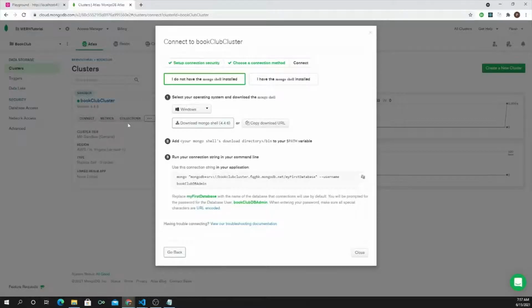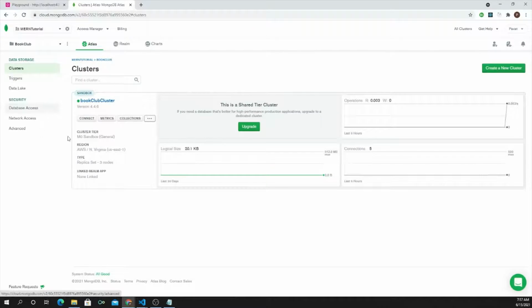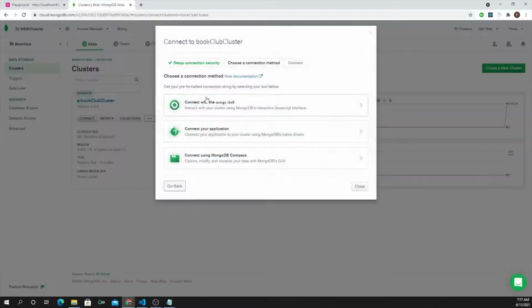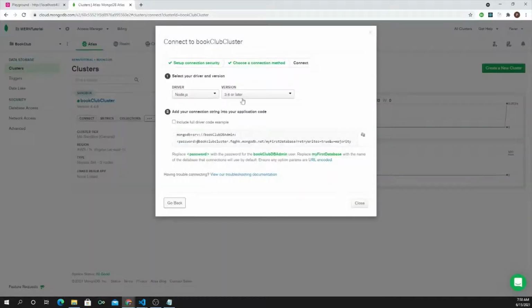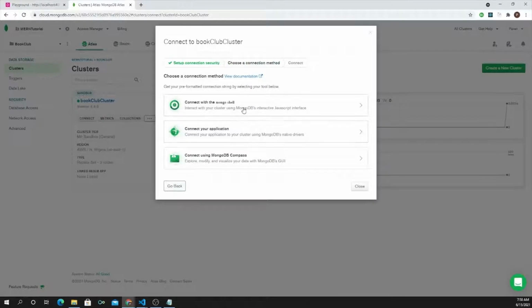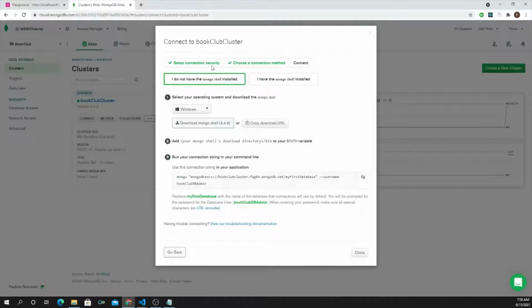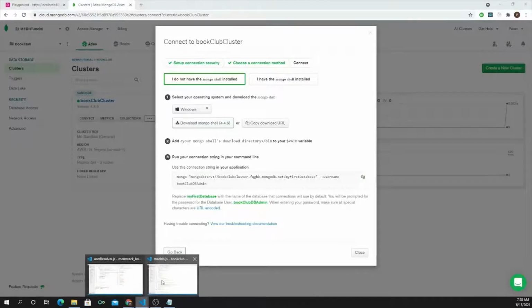So I have logged into the Atlas account. On the clusters, there is this connect option. So we use this connect to application for connecting it via VS Code. So here we can use this connect via shell option. So we can copy this string. Let's head back to VS Code